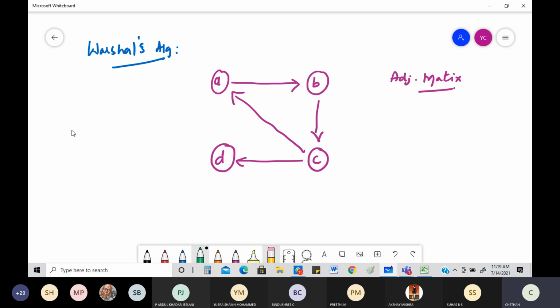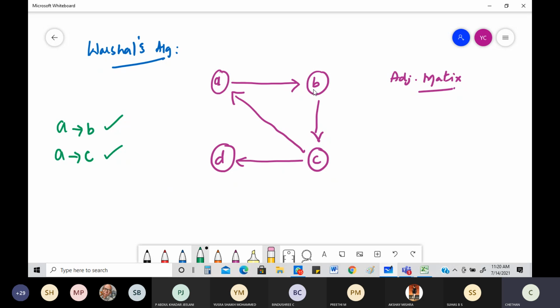You need to figure out the transitive closure of paths, which basically means, is there a path from A to B? Yes, directly we have no problem. Is there a path from A to C? Now, what is the problem here? We don't have a path from A to C directly. Do we have a path from A to C indirectly, or via some other node? Yes. If that is yes, that is what our output is.